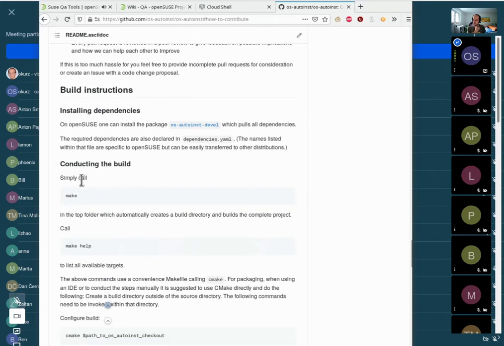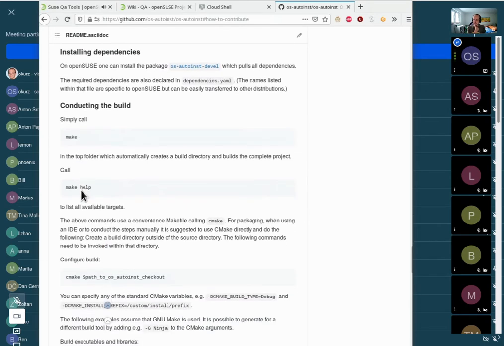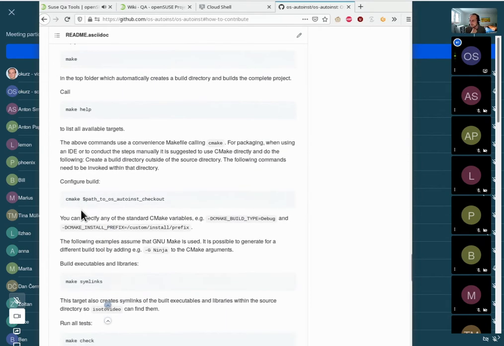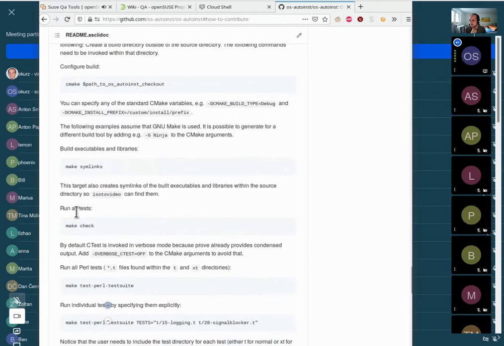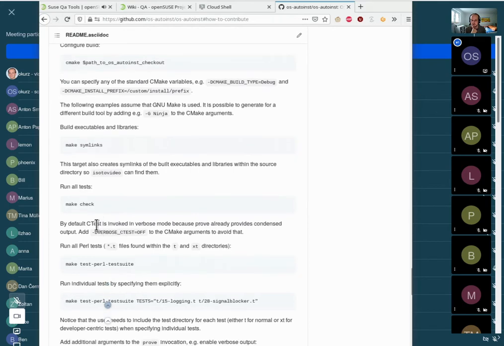And then conducting the build is as simple as calling make. We use cmake, so if you know cmake, then of course you can also create a build directory and call cmake yourself and tweak it. And to run all the tests, you run make check, which includes style checks, static checks, as well as dynamic